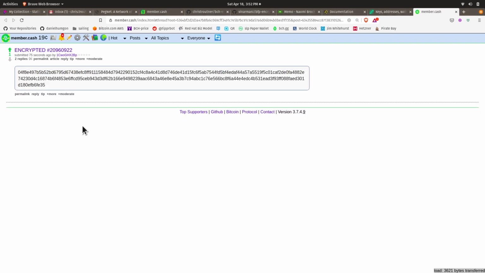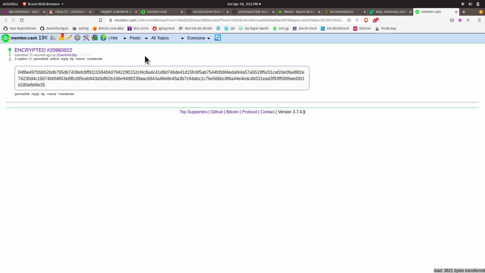That's just so that if I wanted to build an automated way of going through the blockchain later, which I plan to do, and look for encrypted messages on my address, I can hone in on the word Encrypted, capitalized, a space, a pound sign, and then an 8-digit number.